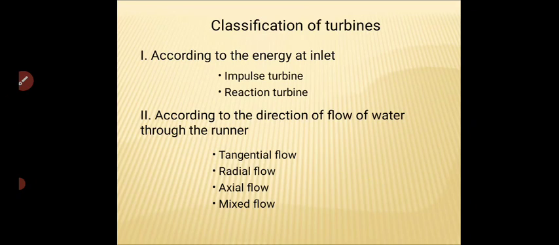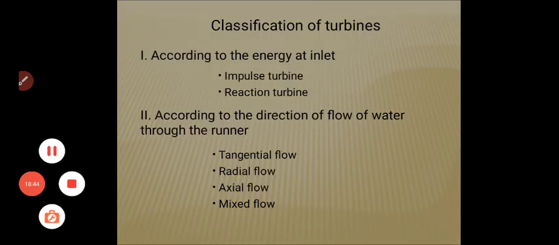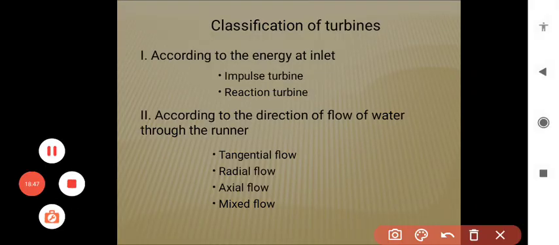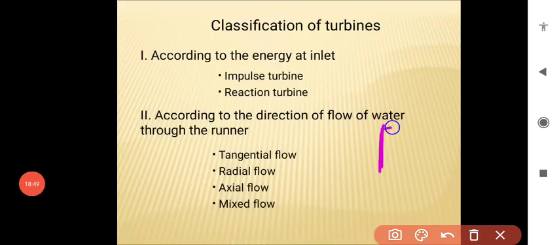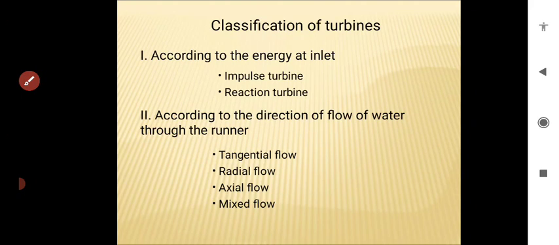Now we will discuss tangential flow. We define the tangential flow: water flows in the direction tangential to the path of rotation, that is, perpendicular to both the axial and radial directions. Here it is a runner blade, suppose we assume it as tangential. The flow of the water is like this. Okay, and now radial flow.